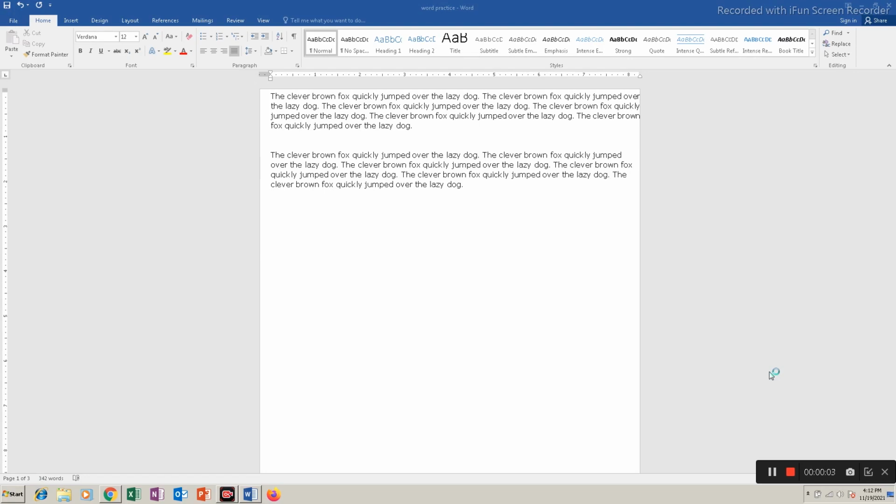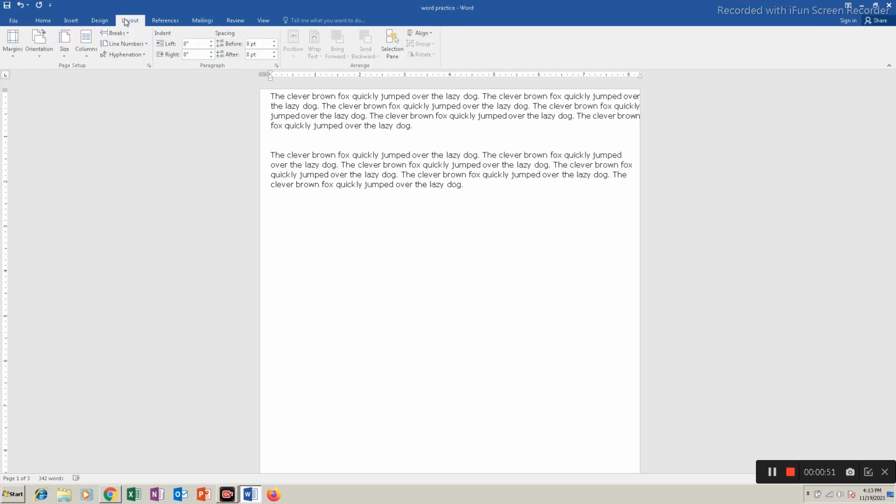In this video today, we will see how to set the page margins properly in Microsoft Word so that the text will fit properly inside the paper. Now if you see here at the moment, this text is at the top of the page and the text on the right is at the end of the page.